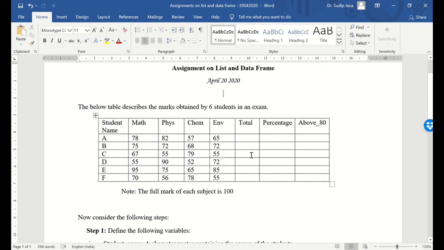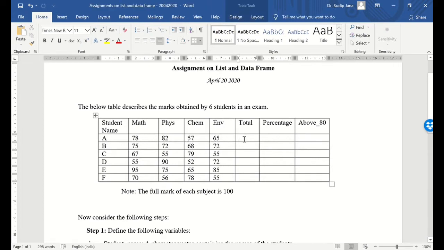So this is the total. Total means the sum of these four numbers. The sum of all the numbers obtained from all these four subjects. Okay. Then for this one, the sum of all these four, like for this one, the sum of all these four. Okay, now when you have the sum, the total, then we have to find out what is the